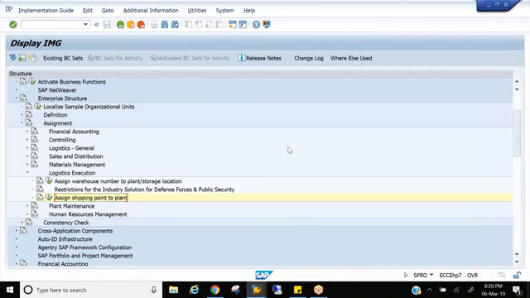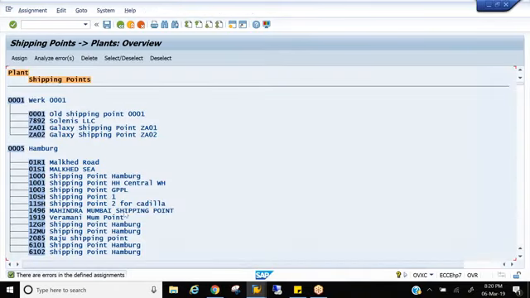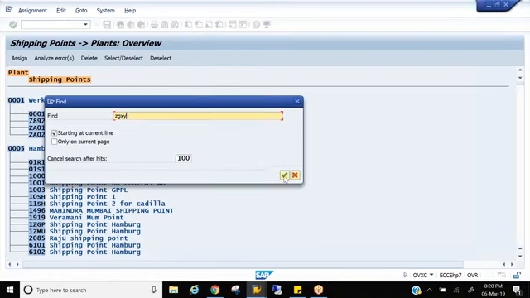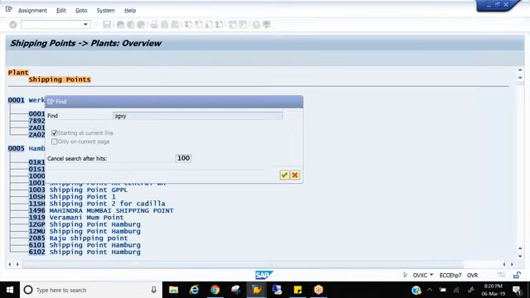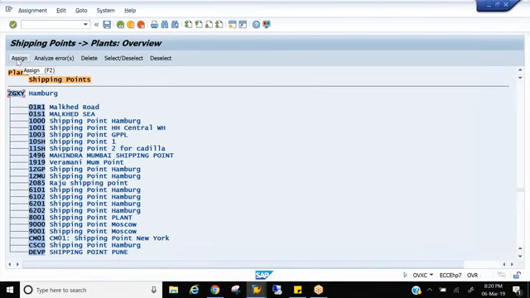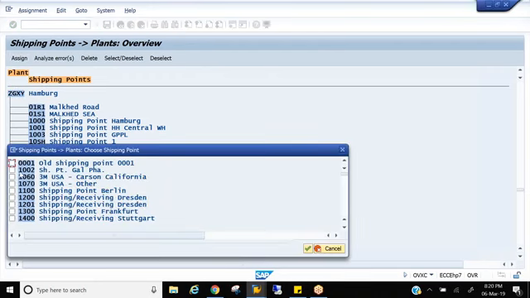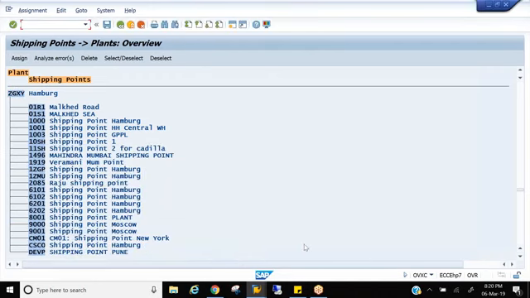Pradeep, yeah, can you repeat this step because the screen was a little slow, so I couldn't follow it? Okay. When you are doing the shipping point to plant configuration, first you need to go to the binocular symbol, the find icon, mention your plant, say okay, and select your plant. That means before you click the assign button, your plant has to be already highlighted. Then only click assign, select your shipping point and say okay. Then save it. So this is how you assign a shipping point to plant.